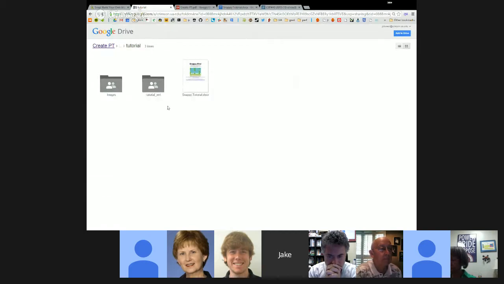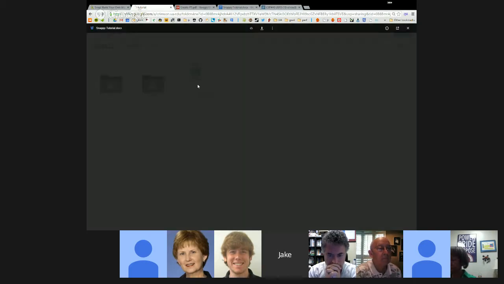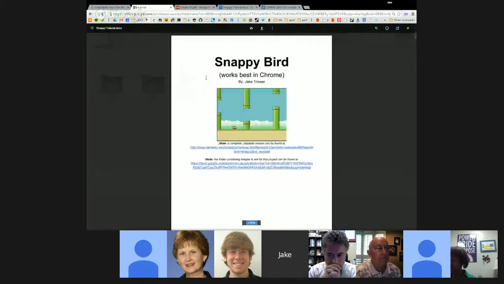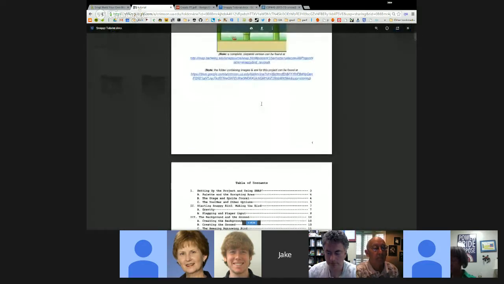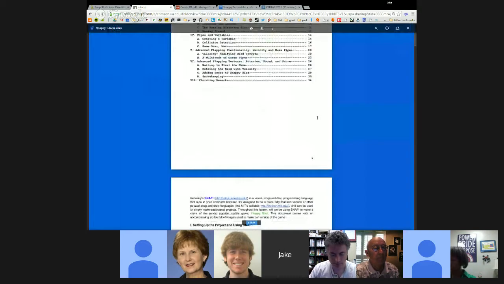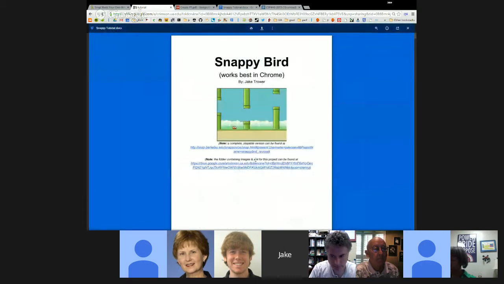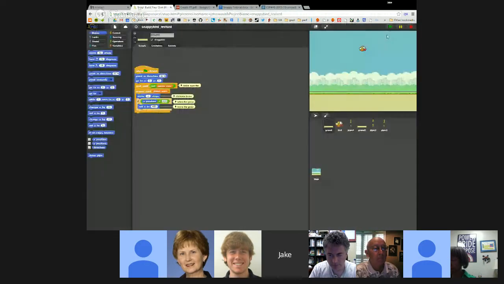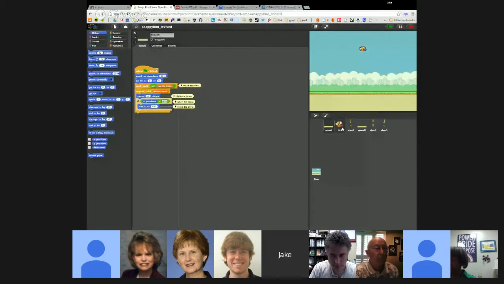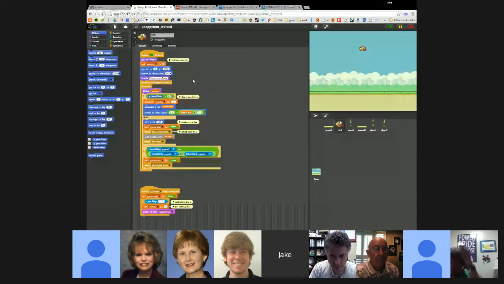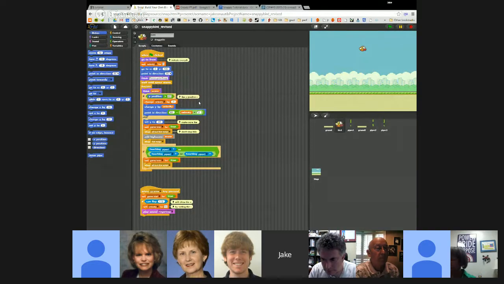Inside this folder called tutorial, we have a document outlining how one could recreate this particular example step by step if that's desired. Also in this document at the very beginning, there is a link to the actual working example. And so here it's shown now. It's all built in Snap, and we've got several sprites, and the blocks are commented, and they fit all the necessary specifications for the Create PT homework. They've got the right number of loops, if statements, and everything.